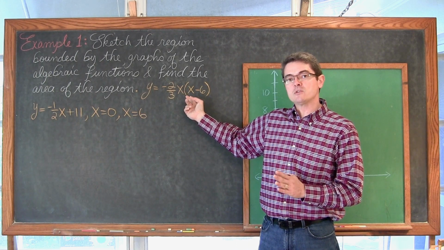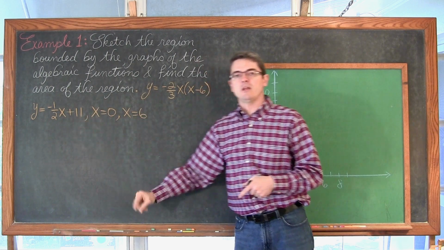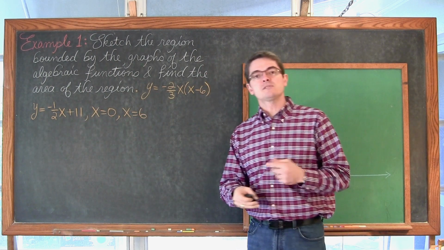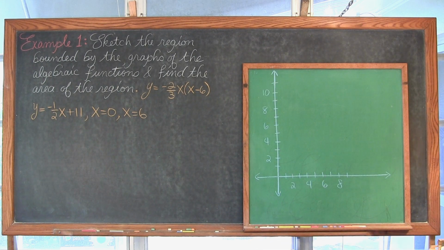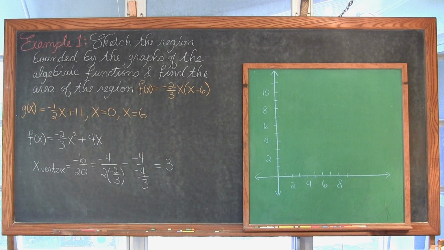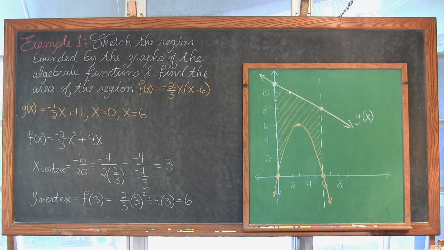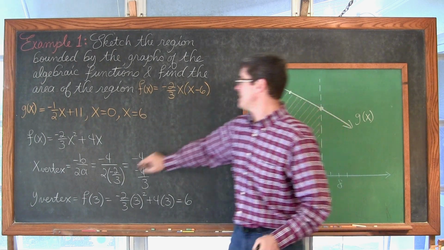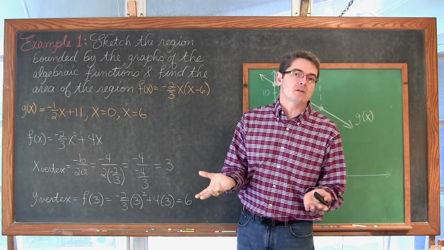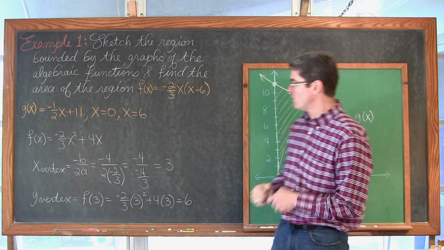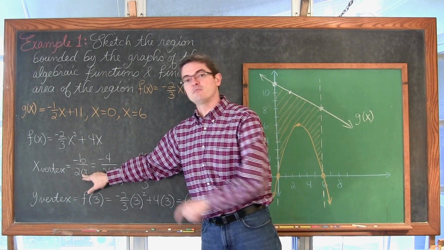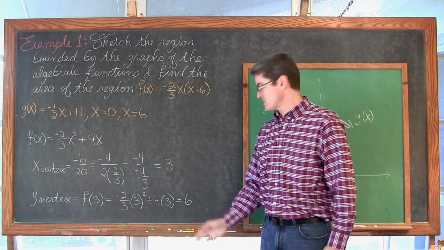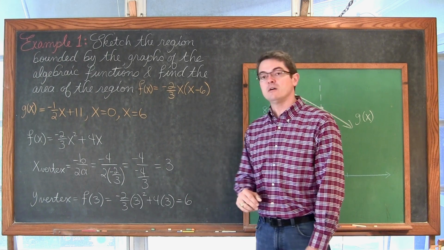Let's find out what this function is going to look like. That's, of course, obviously just going to be a line, and allow that graph to help us set up the definite integral. So we took the negative 2/3 x and distributed it through the parentheses. I noticed that it was a parabola, which you can put into standard form or vertex form, whatever your textbook calls it, or I found the x of the vertex doing negative b over 2a, getting an x coordinate of the vertex of 3 and a y coordinate from that 3 of 6.